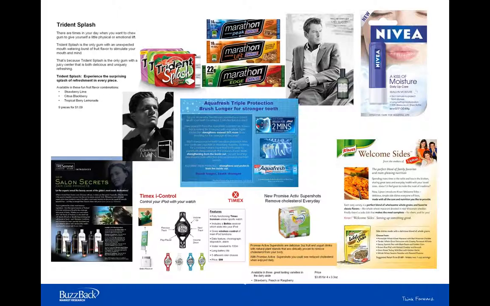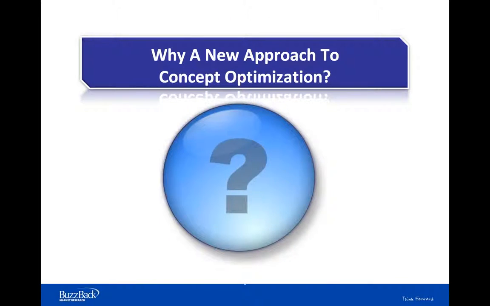The types of concepts that we evaluate cover a pretty broad spectrum in terms of the nature of the stimulus that's given to us. Sometimes they are very, very text heavy, sometimes even text exclusive, sometimes heavy in a wide variety of formats with a wide variety of content that goes in them between packaging and product and marketing materials. And so it's important for us to be able to evaluate all these different types of stimuli.